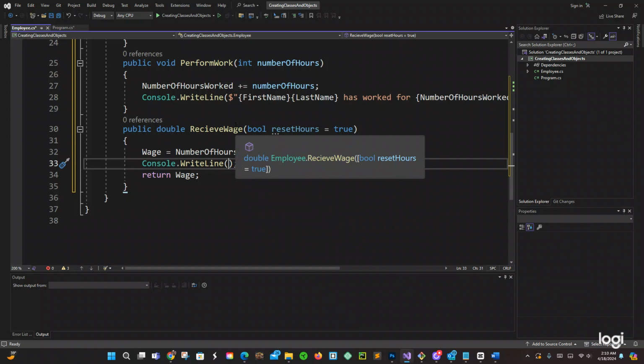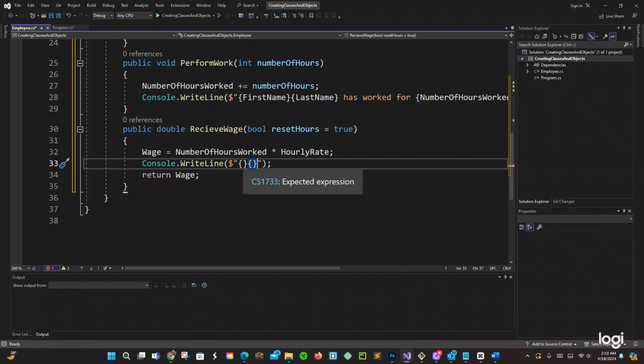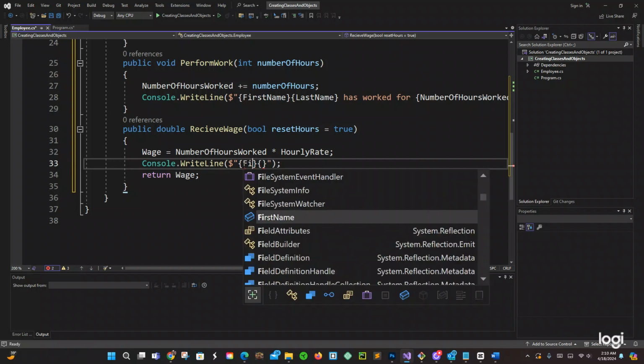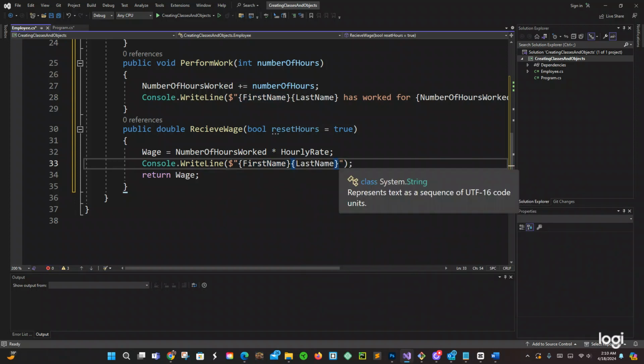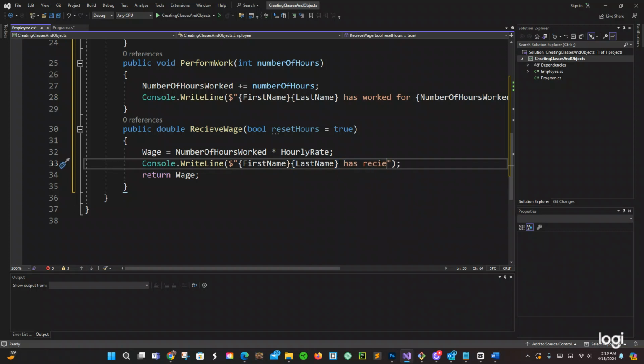Should we copy this part? No, actually, let's just do that, and then right here we're going to pass the same thing, first name, last name, and then also we're going to have has received a wage of, and then you're going to pass wage,